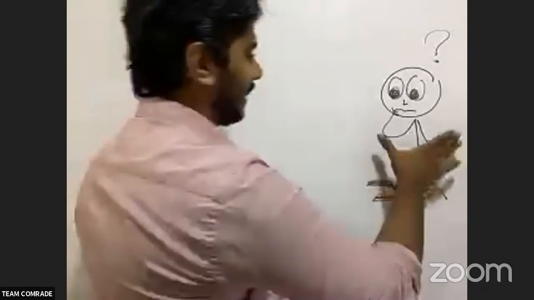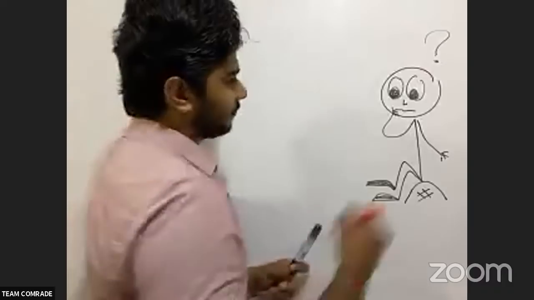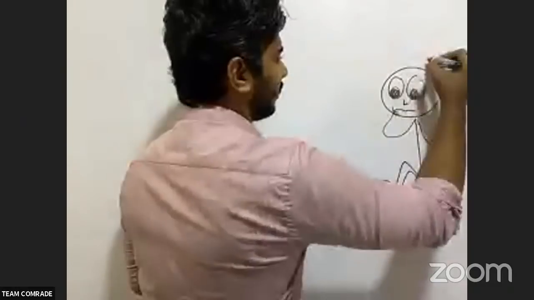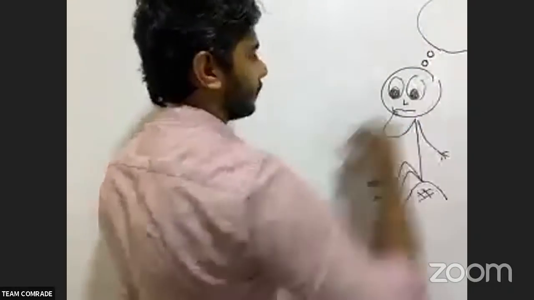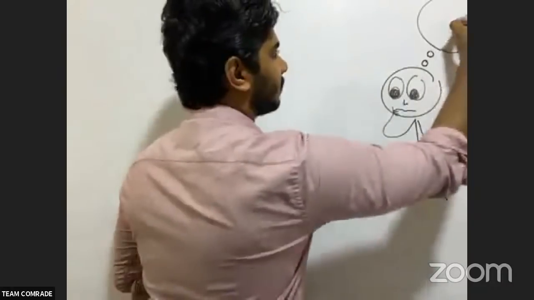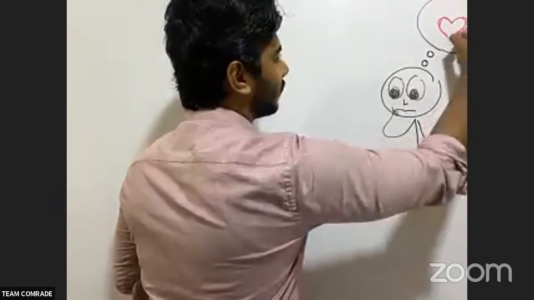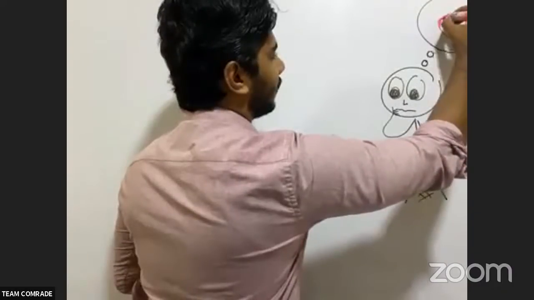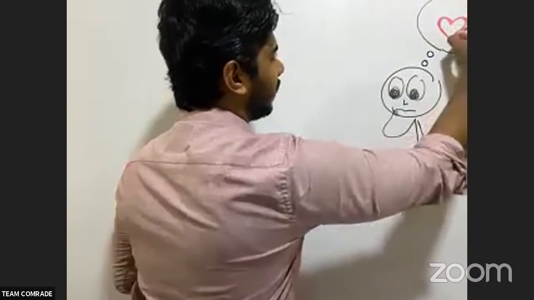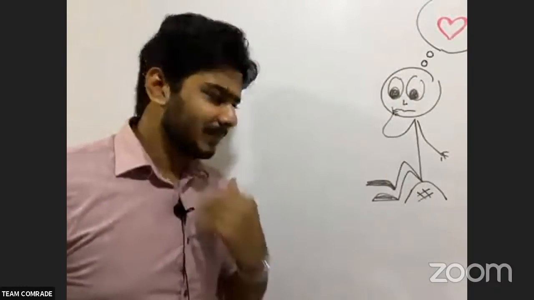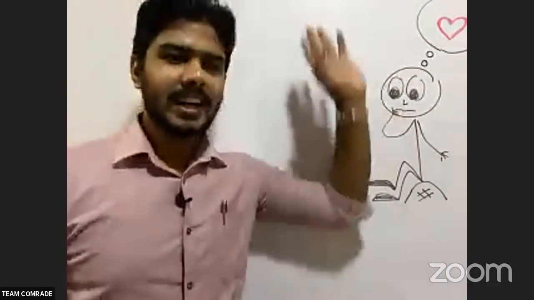So this is Mr. Hinia and he's thinking about the heart. So in his imagination, he's thinking the heart is like this. So I want to prove that heart is like that. Very nice heart. So this is the heart itself. He was thinking this in the 1990s. This was me.